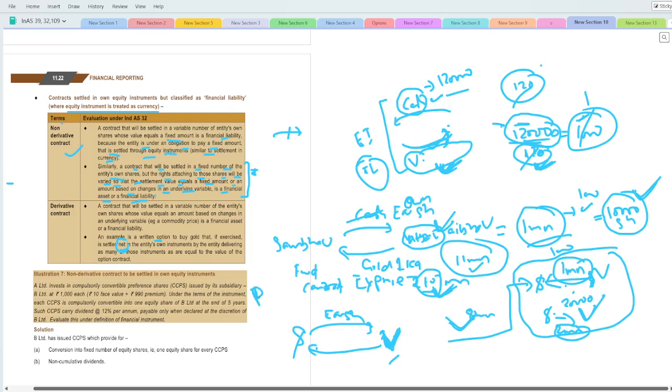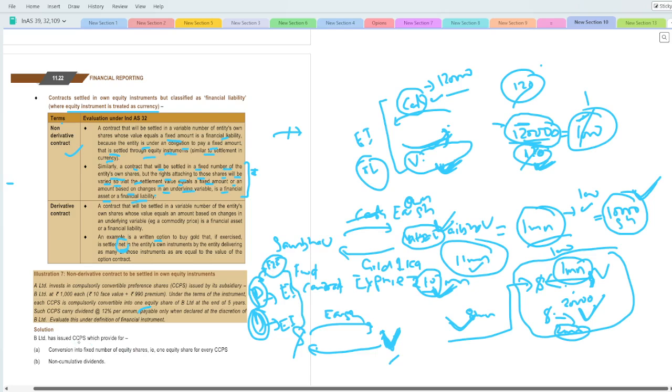तो ये आपका पूरा इक्विटी इंस्ट्रूमेंट हो गया, क्योंकि प्रिंसिपल जो है वो आप यहाँ पे आपका जो ऑब्लिगेशन टू डिलीवर कैश नहीं आ रहा है। यहाँ पे जो प्रिंसिपल है वो आप इक्विटी शेयर के फॉर्म में सेटल कर रहे हो। और अगर आप इक्विटी शेयर के फॉर्म में सेटल कर रहे हो और यहाँ पे फिक्स्ड टू फिक्स्ड टेस्ट वाला कंडीशन सेटिस्फाई हो रहा है, तो फिर ये आपका इक्विटी इंस्ट्रूमेंट हो गया। और सिमिलरली जो आपका डिविडेंड पोर्शन है वो भी इक्विटी इंस्ट्रूमेंट हो गया, क्योंकि ये एट द डिस्क्रिशन ऑफ इशूअर है। और प्रिंसिपल पोर्शन में दूसरा कंडीशन अप्लाई हो रहा है, फिक्स्ड टू फिक्स्ड टेस्ट वाला, बिकॉज यहाँ पे आप ओन शेयर्स में सेटल कर रहे हो। ठीक है, पूरा इक्विटी इंस्ट्रूमेंट हो गया।